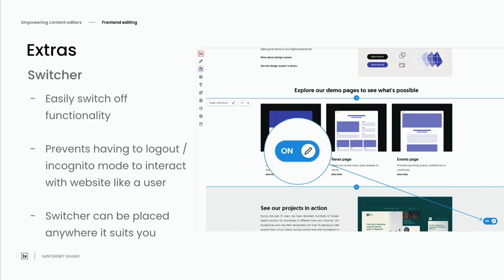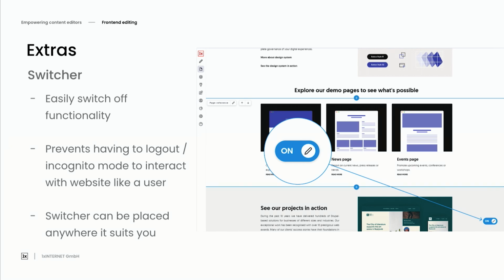So we've simply allowed editors and users to keep using their website as normal, to still be able to do everything as you were. With this simple addition, you can turn it on and make your changes and then turn it back off. This really just prevents, once again, adding these blockers to your current workflow, being able to still do everything you're able to do without having to log out, without having to use incognito mode to still interact with your website as you were before.